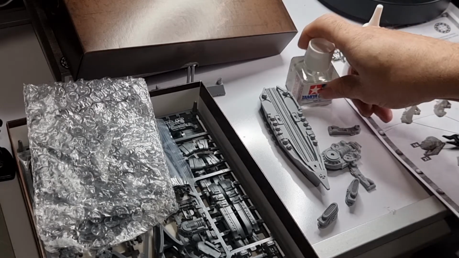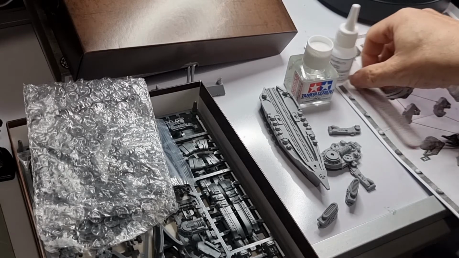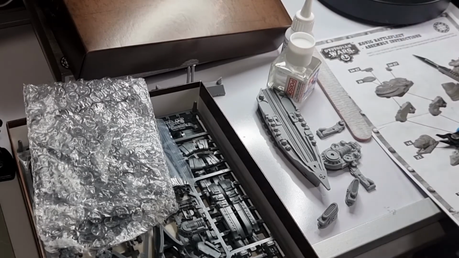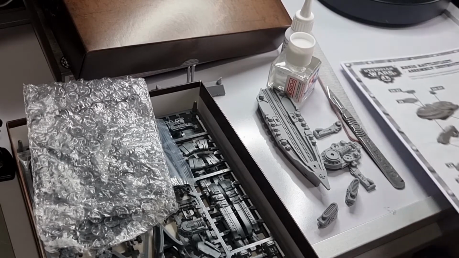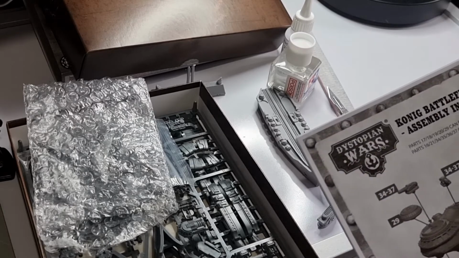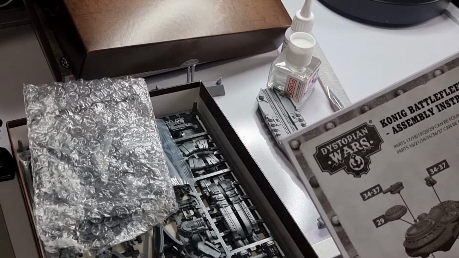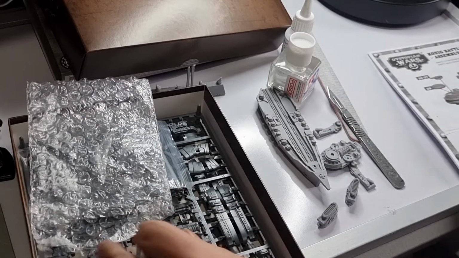Alright, so as I said, the actual resin kit won't assemble using regular glue. You need to use super glue. So we look at our instructions and it tells us where we find the parts. So parts 17, 18, 19, 20 and 29 can be found on the Imperium frontline sprue. Now when we look at the sprues